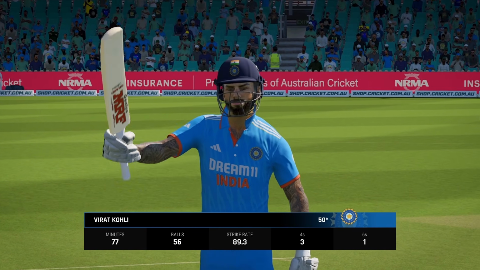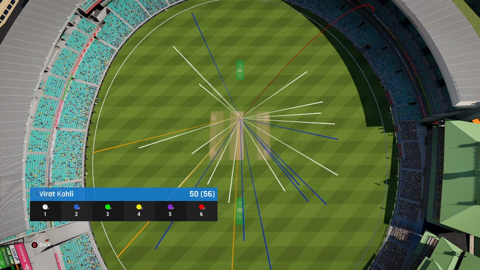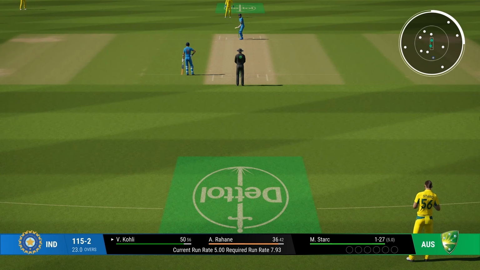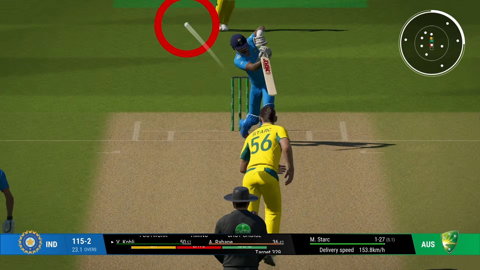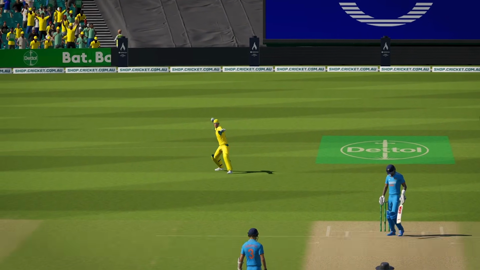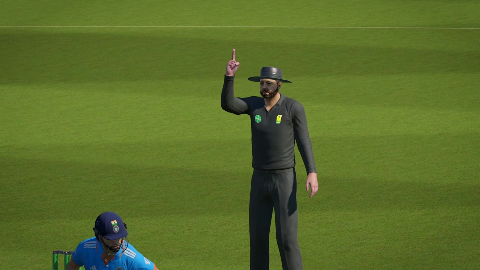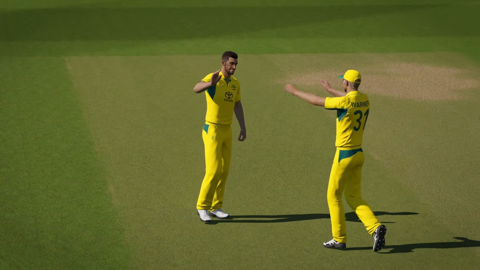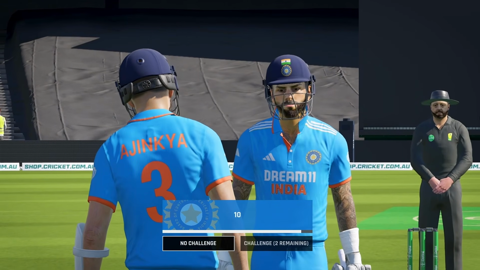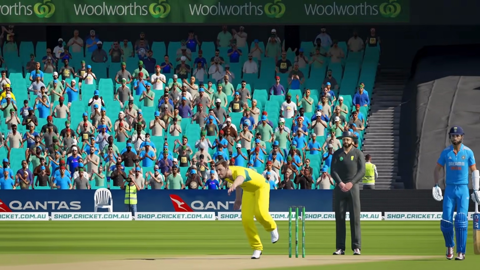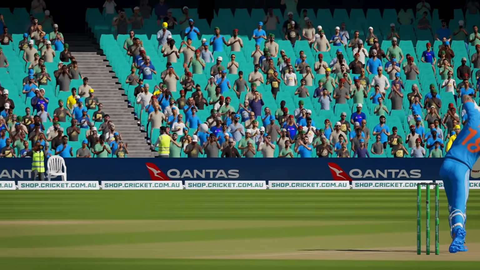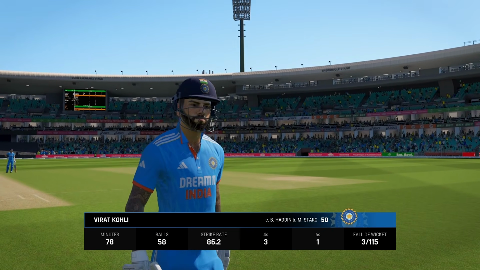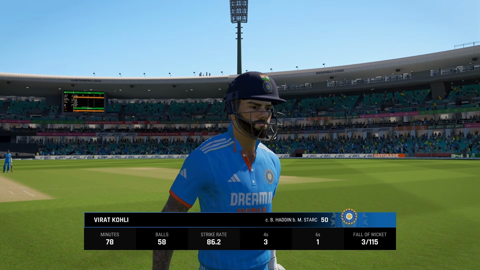50 or 56, but we still have a long way to go. Look at that one, massive hit through the leg side and that awesome pull. That's come in, but it's the outside edge and the keeper dives one-handed, takes a near impossible catch to break this amazing partnership. We were looking so good. Looked like we were on the way to chase this down easily, but here's a minor twist. But we still have a jam-packed batting order. We just have to make sure we don't lose too many wickets in a row. Kohli goes for just 50.